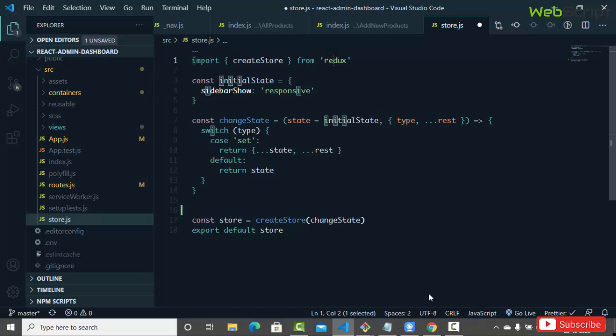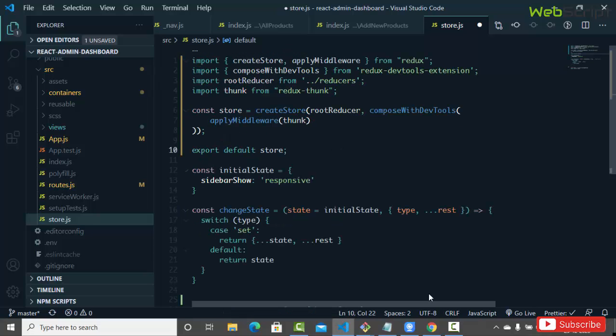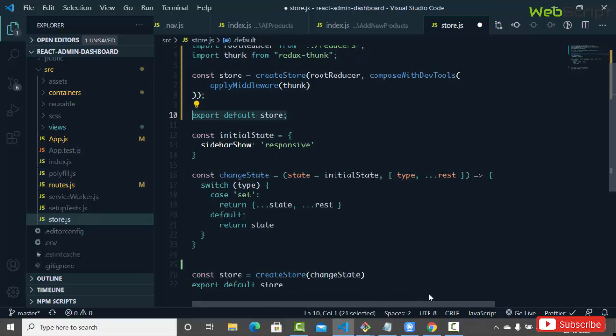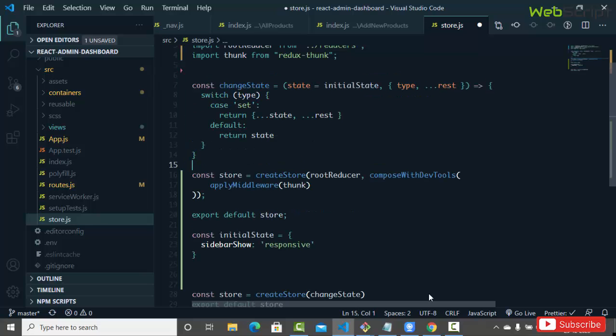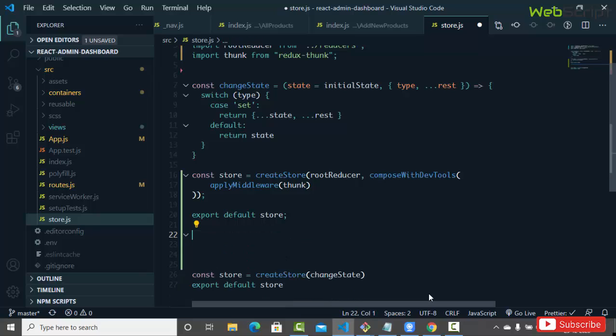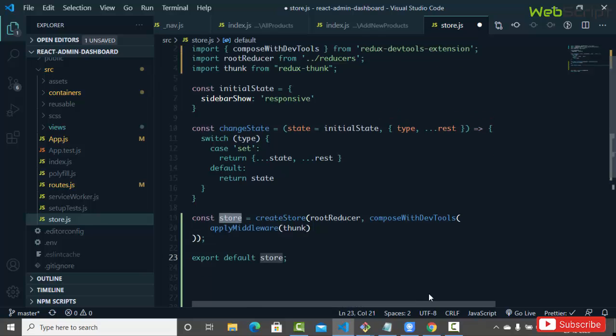Okay, let's remove this thing. Now here we have export default store, and let's keep this change state outside before the store. Okay, and here we also need this initial state,